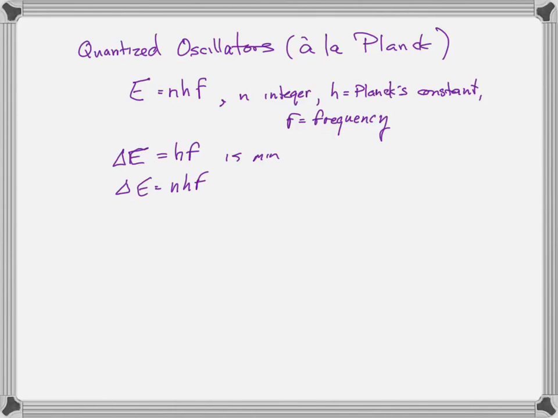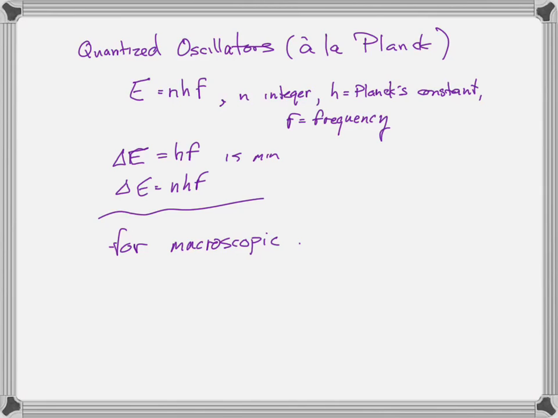Okay, so let's just take, for example, a macroscopic mass on a spring. Now, Planck did this for microscopic atoms in a cavity, with the atoms modeled as masses on springs. But this is true for macroscopic masses on springs. Macroscopic just means things you can hold in your hand, like a mass on a spring in a classroom. It means that even a mass on a spring in the classroom can only change by certain amounts of energy. You might say, that's ridiculous.